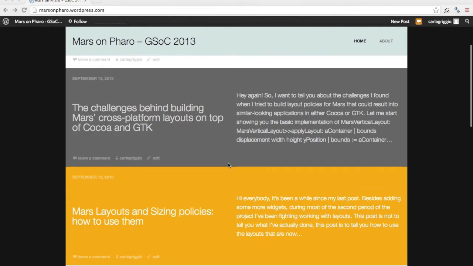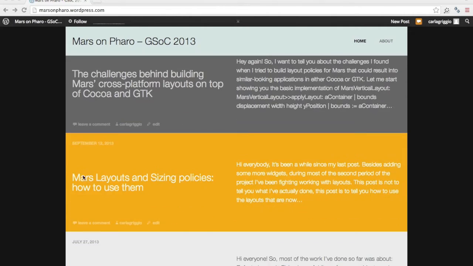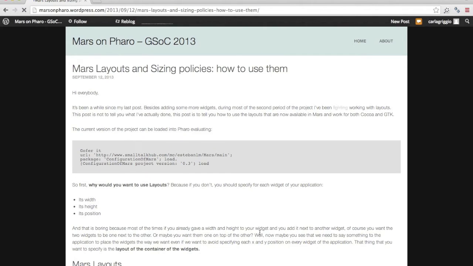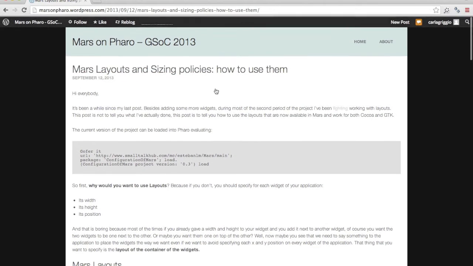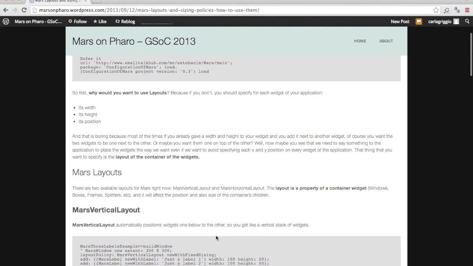A few days ago I posted on the blog this post, Mars layouts and sizing policies, how to use them, to explain how Mars layouts work and how you can make your widgets have an automatic size or just respect the specific size that you give them. So please have a look at this blog post that explains